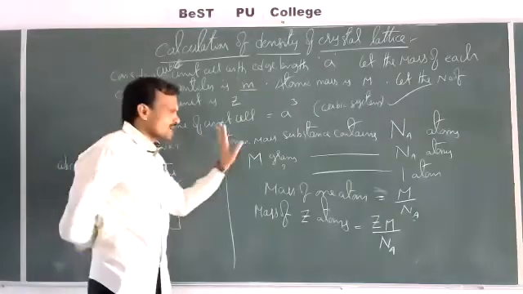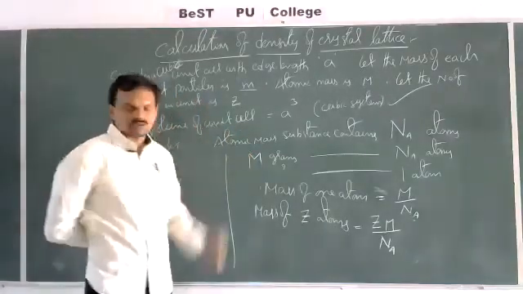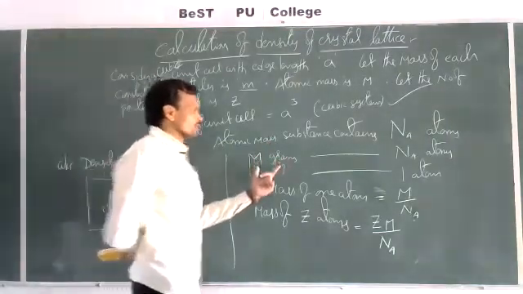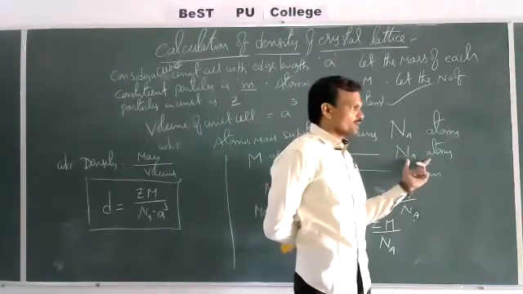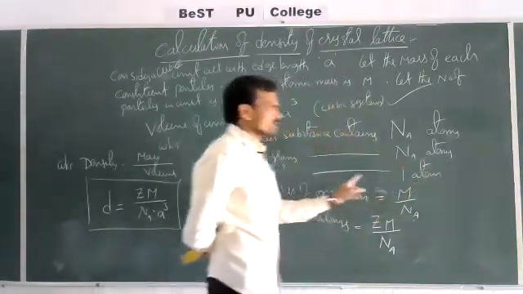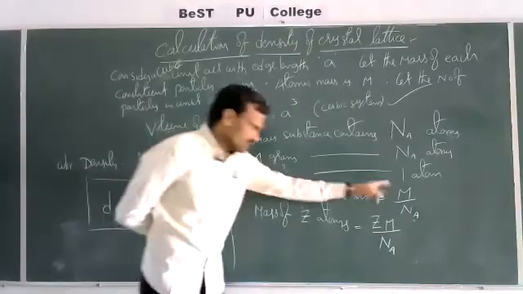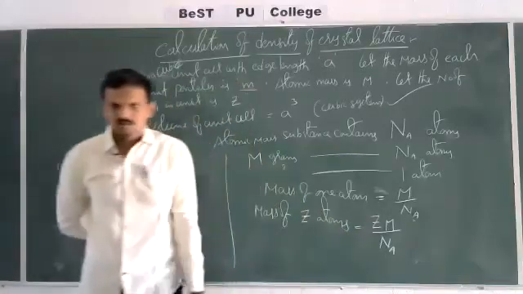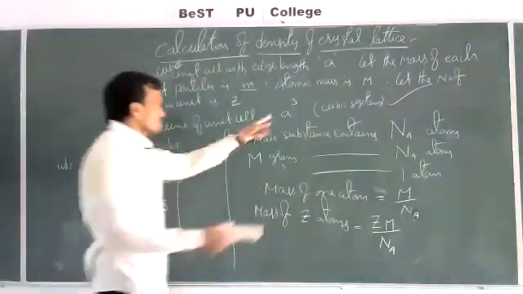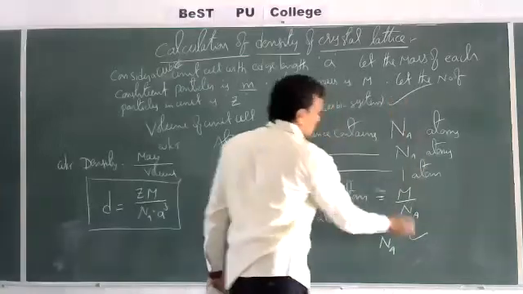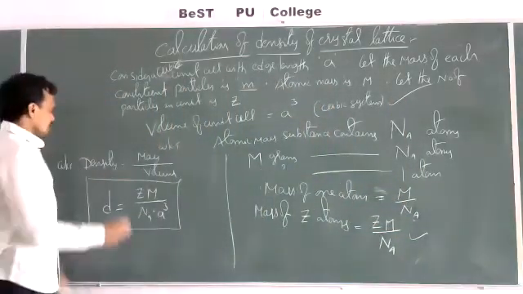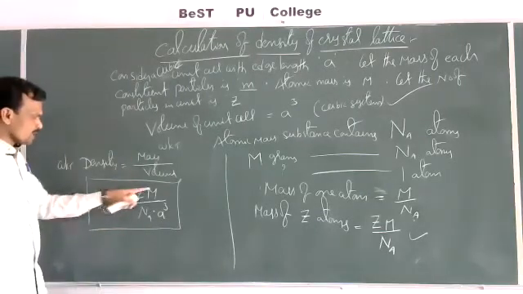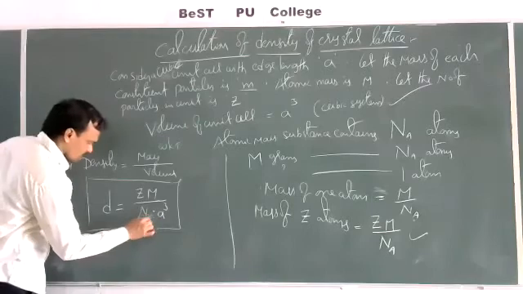Right. First I calculate the mass of one atom of the element from the atomic mass. As you know, gram atomic mass of a substance contains Avogadro number of atoms. Then what is the mass of one atom? M by Na. Then the mass of Z atoms is Zm by Na. So this is the mass and this is the volume, a cube. Now from this volume and mass we will calculate density. Density is equal to mass by volume, so mass is Zm by Na.